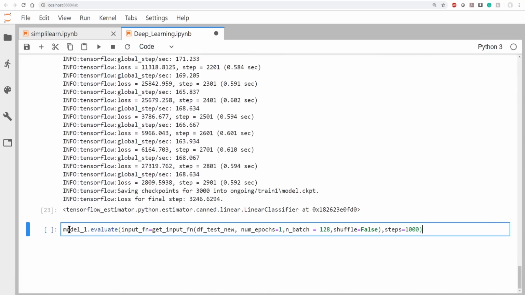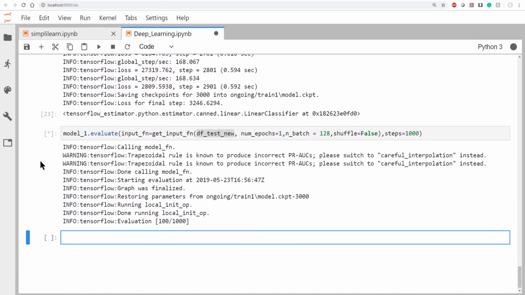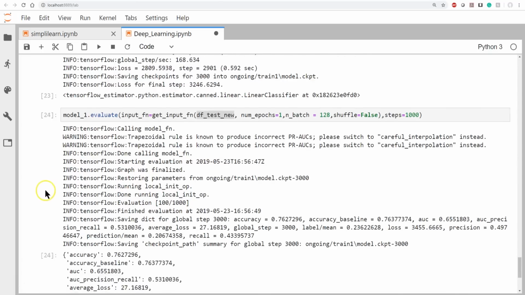And with our new model, just like we did before, we want to go ahead and evaluate it. So it's the same setup we had before with our same get input function, with our df test new coming in. So there's our new data coming in. And this is really common when you're doing these models. You make little tiny tweaks to see if you can improve it. One of the best articles I read recently was you build your model to fail. You want a running model so that you actually have something to compare against, and then you continually tweak it till you get a better accuracy.